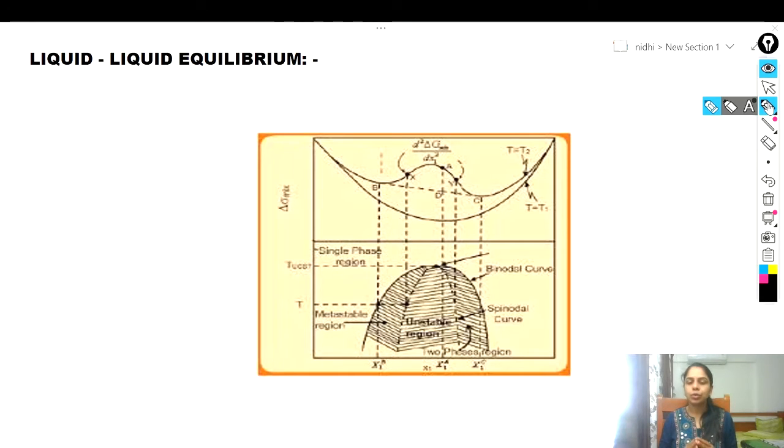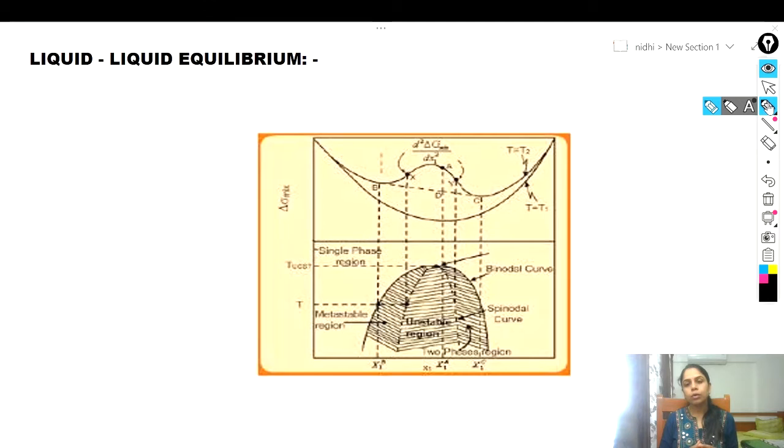Everyone. So today we are going to look at the liquid-liquid equilibrium. Now we take the thermodynamics of a partially miscible solution, where the system is trying to lower its energy by separating into two phases. In order to make this system stable, it has to lower the energy. In the process of lowering the energy, it has to split into two phases. Only then can it become stable. It depends on the temperature, pressure, and composition.